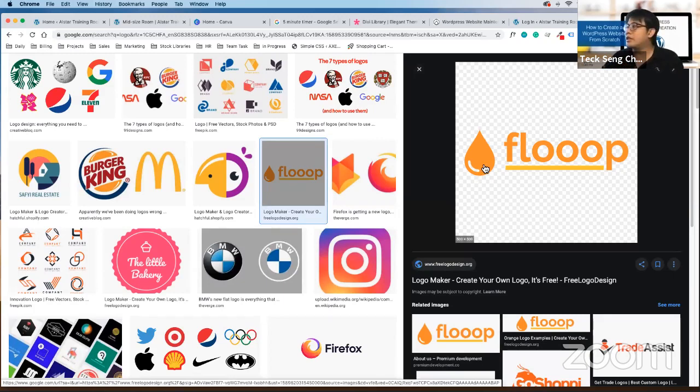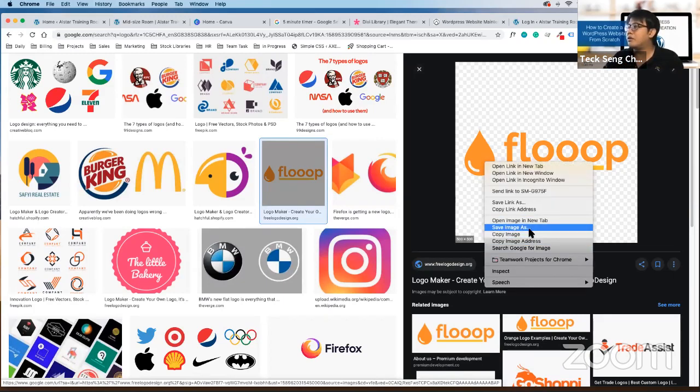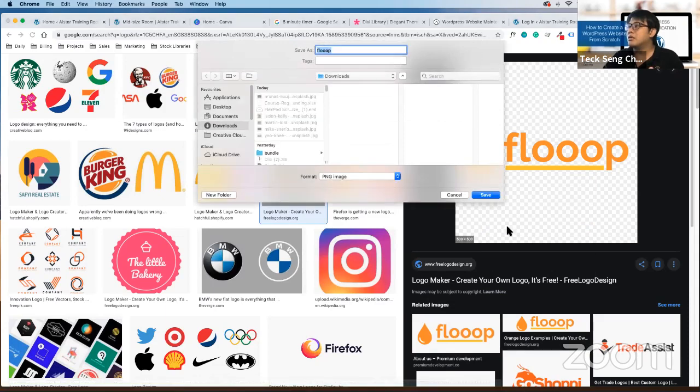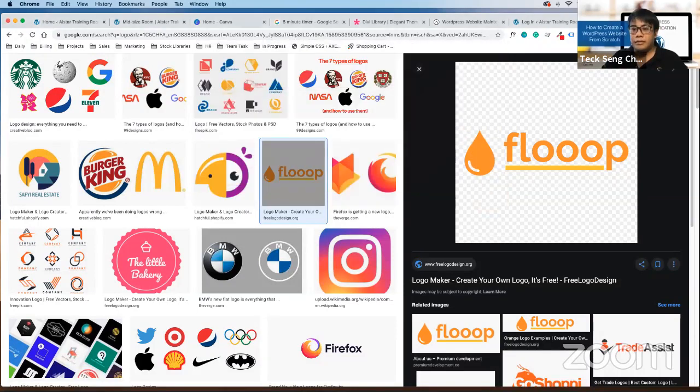What I need to do is just right click, download image as logo. Can y'all do that on your sites? Once you're ready, just give me a thumbs up.